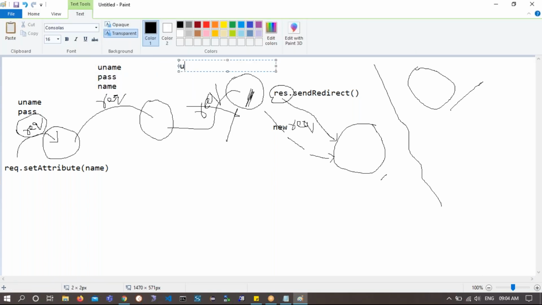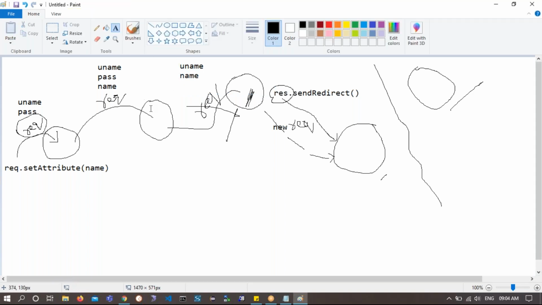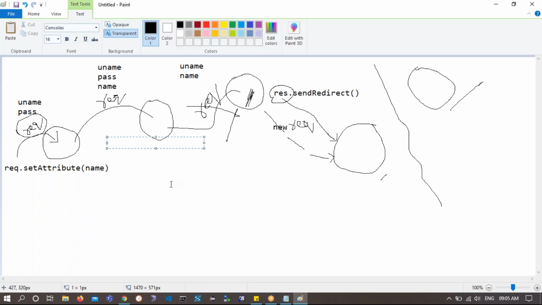Here also I will contain uname, let's say password and name, assuming that here on the second level this person may remove unnecessary things. For example, he doesn't want to maintain password everywhere. So here after showing the same page, you could say request dot remove attribute of name, or I forgot to